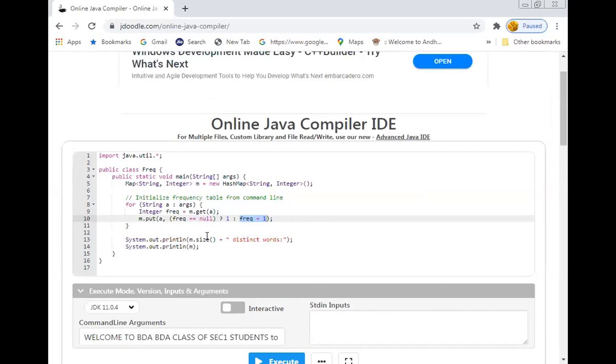So here it is nothing else, simply the value, how it is going to be done with the help of this hash map. You can observe. Now let us see the implementation of the same program with tree map and linked hash map, with a different example. I'll show you.